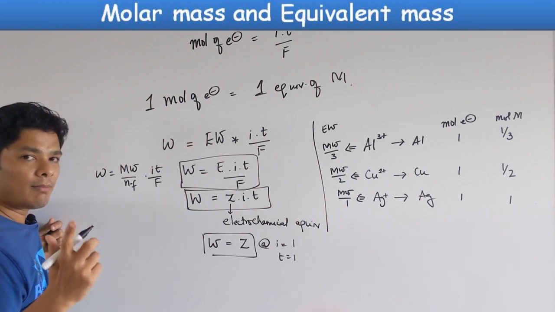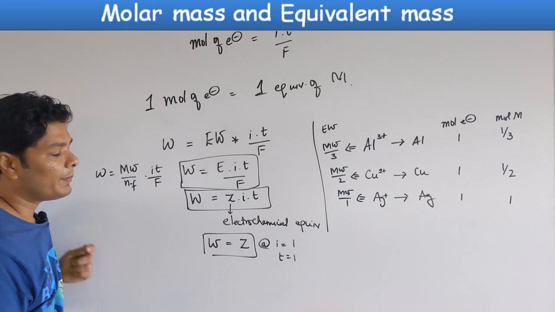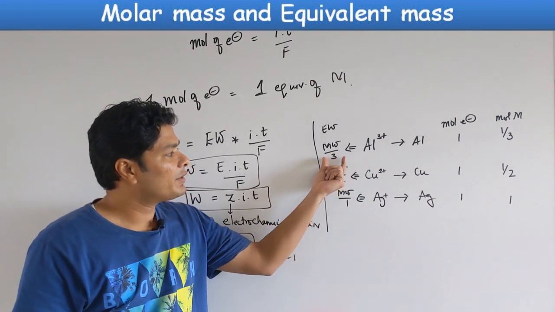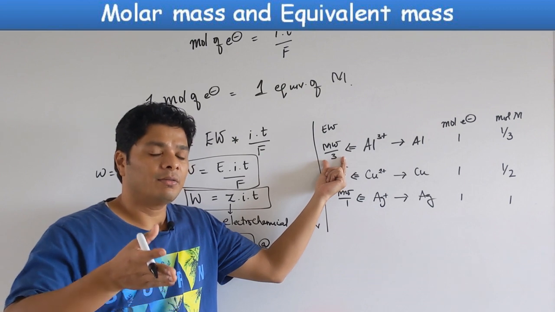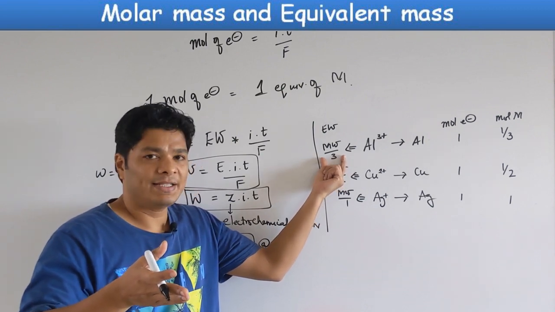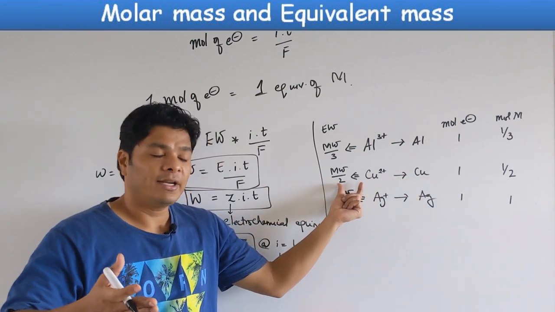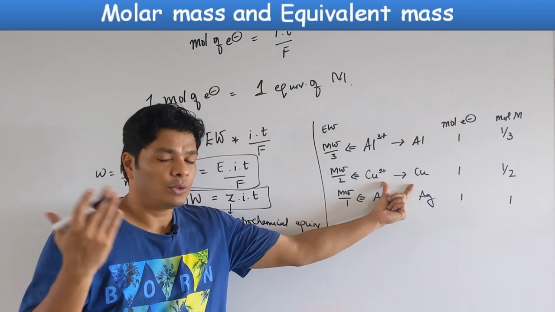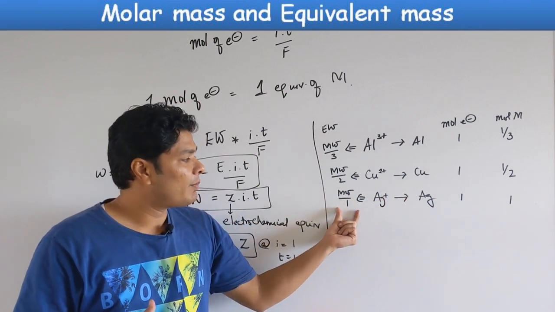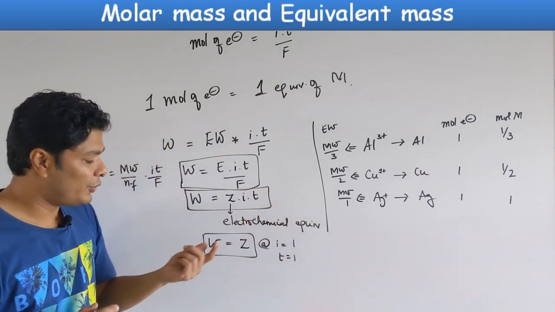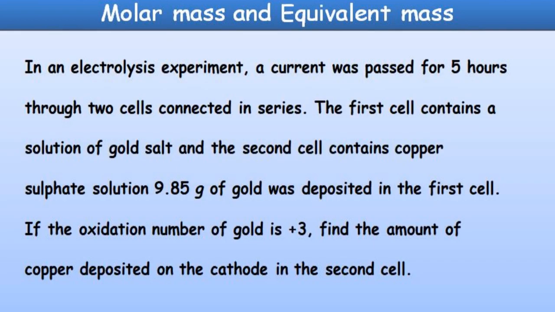Now the common things that come in NEET is aluminum. Aluminum comes and it's actually extremely simple. Equivalent weight of aluminum is molecular weight divided by 3. If molecular weight of aluminum is 27, divided by 3 is a really round number, 9. So it comes easily. Copper, I have asked you to remember 63.5 divided by 2. Don't calculate it, just leave it as 63.5 divided by 2. The 2 will get cancelled out in the math. Silver is 108. So equivalent weight and molecular weight are same. So this is how you do an equivalent weight problem using Faraday's law. Again, this is for class 12.